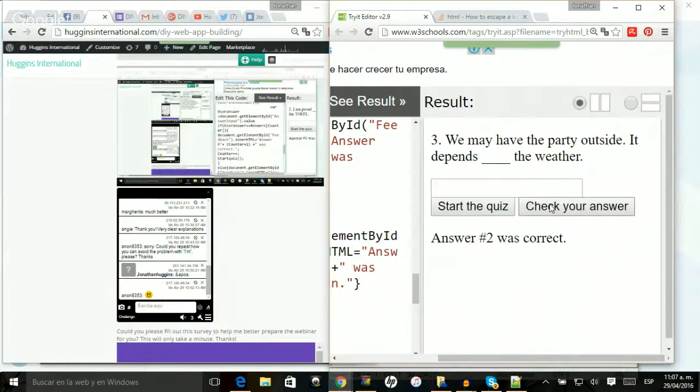Okay, and what did that just do? It checked my answer. It gave me the feedback, and then it changed the question. I'm on number 3, and then it's getting this fill in the blank, and I have to fill in an answer. I have my input. I click my button to see, okay, does this answer match the list of answers? And if it does, I get the feedback that's going to say answer number 3, which is basically the counter plus 1. So right now the counter, it's technically at,